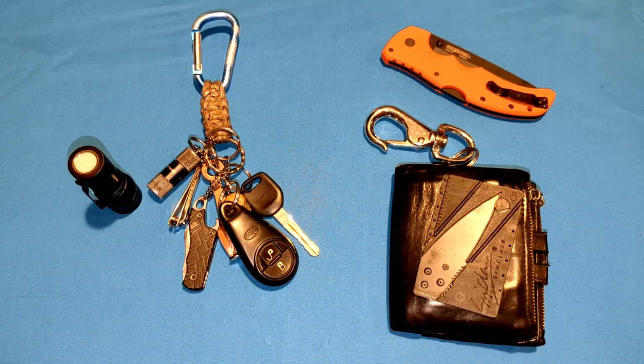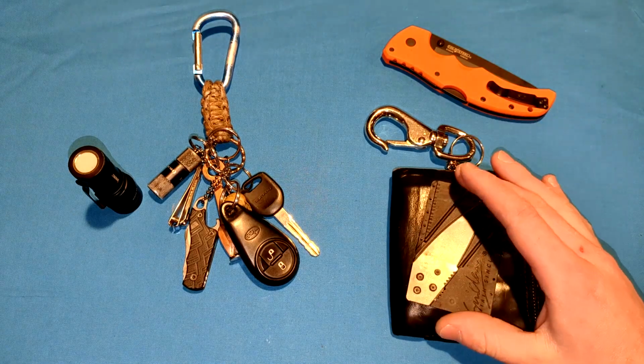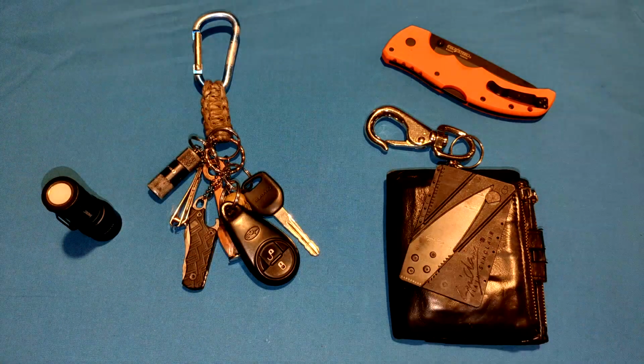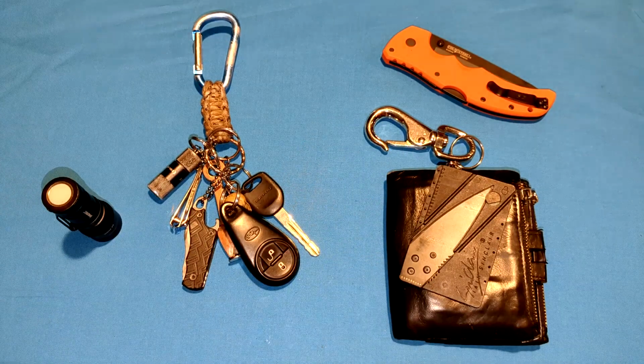I don't currently carry a multi-tool, although I have a few of them. I should probably start carrying one. I know those will come in handy. But yeah, it's usually just 1 knife, and then I got the separate knife, or the backup knife inside of my wallet, and then I got my keys, which also has another knife, a flashlight, and then occasionally I carry a dedicated flashlight. And then I have my phone, which is right here, filming right now, and I keep that